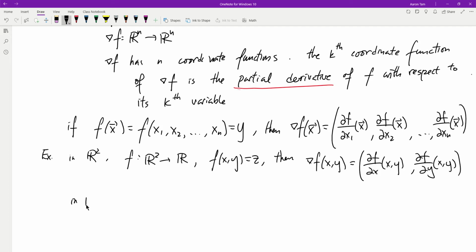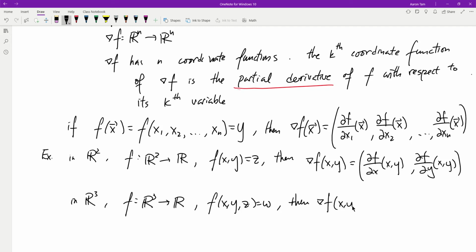What if we have an R3 function, which means f maps from R3 to R? Notice that these two dimensions are basically defining what the domain is. Then I will have a function f of x, y, z equal to w. In this case, the gradient of f of x, y, z would equal df over dx of x, y, z, df over dy of x, y, z,